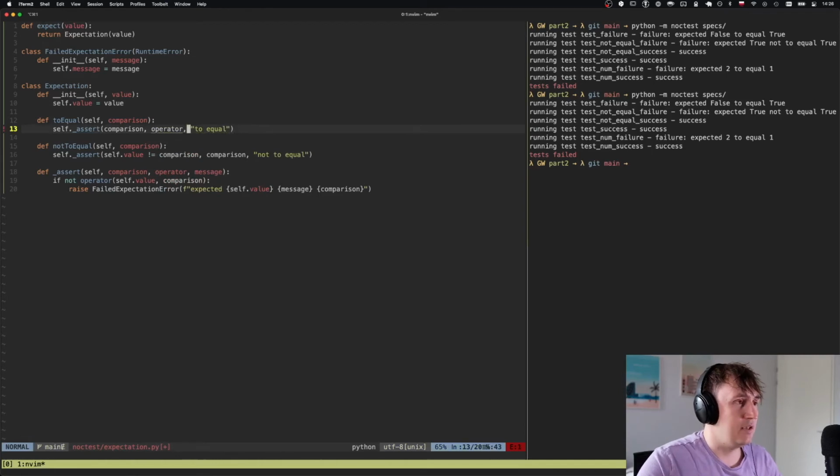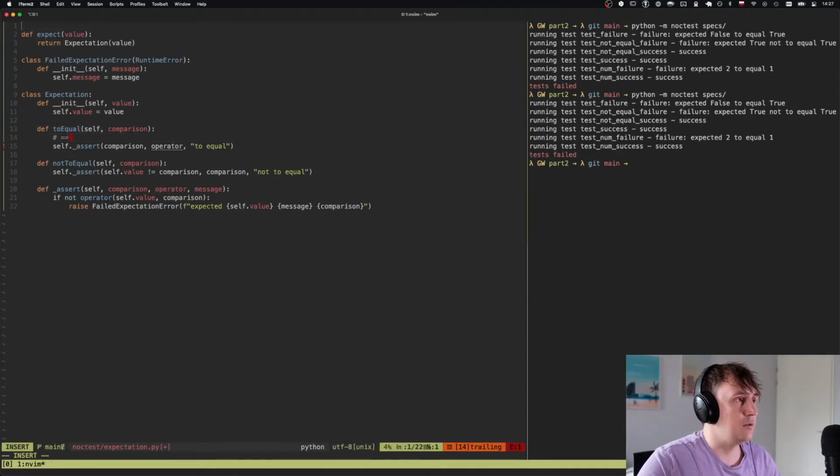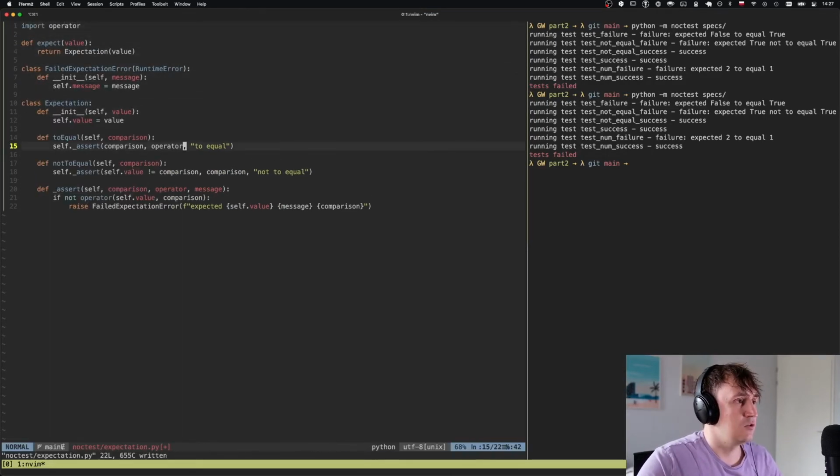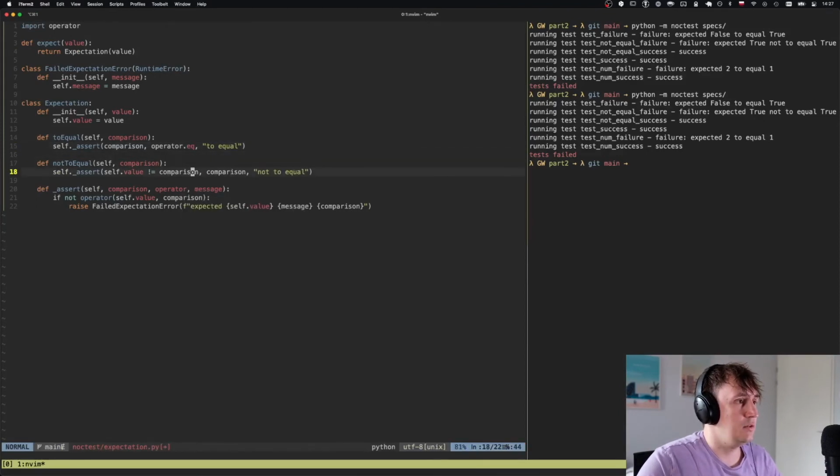But what is an operator? How to pass something like equals to as a function? For that we will use a built-in module called operator that has this thing. So here we'll pass operator.eq, and here we can get rid of this part,